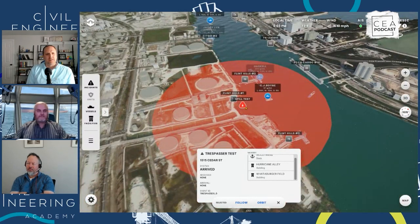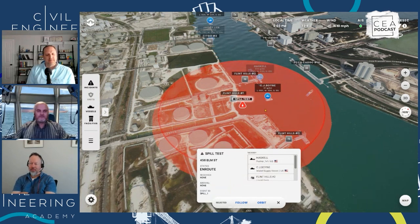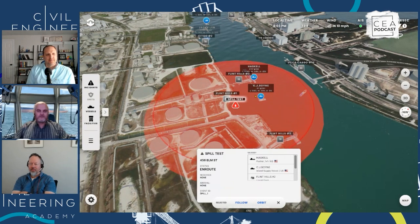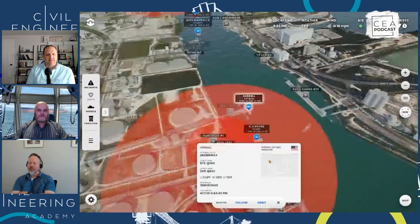Let's jump to and look at this simulated spill at this other facility, and we can see the Haskell and the Boyne and what vessels are within that 1,000-foot radius of the dock. So if I'm a security person, I know exactly who I may need to contact in coordination with the harbor master office. If units were en route, I would see the police units that were assigned and en route,